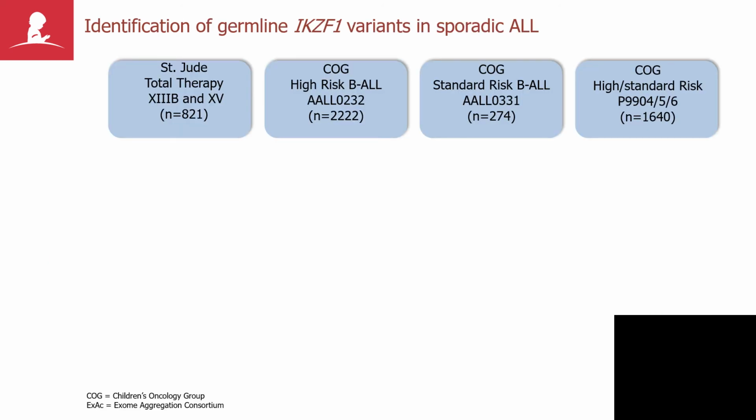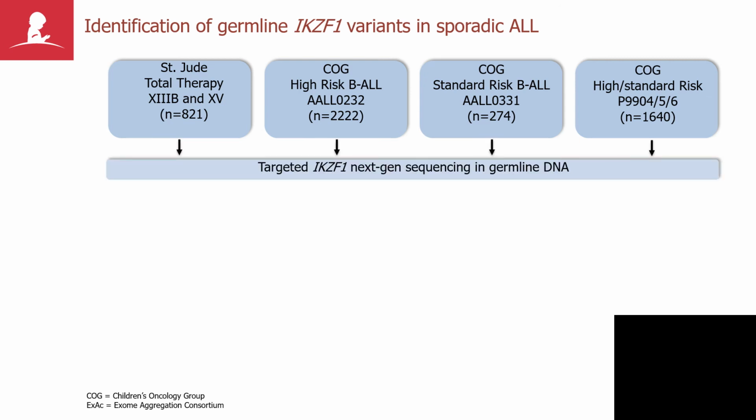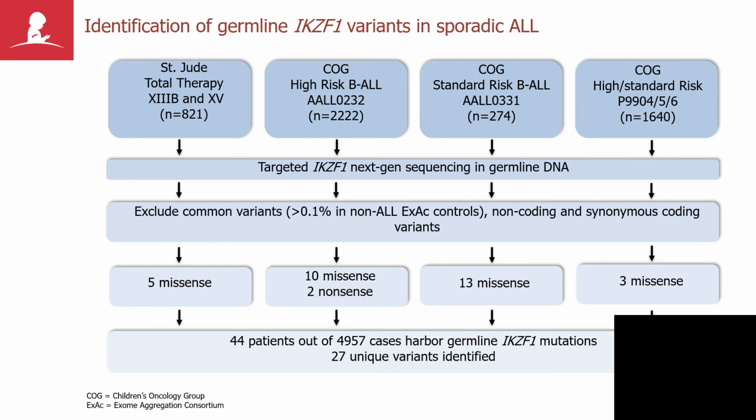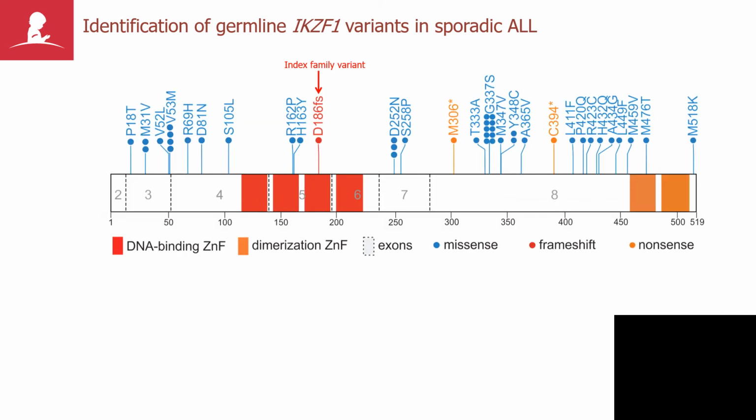So we see a similar pattern of both familial and sporadic alterations of Ikaros in B-ALL. This part of the study was led by Jun Yang at St. Jude, who had sequenced several thousand cases of B-ALL, and after appropriate calling and filtering found that about 1% of B-ALL cases in children have a putative deleterious Ikaros variant. And there are additional lessons to be learned about the location of mutations and function in Ikaros, and I show a little bit of the data here. This has really been an important learning exercise.